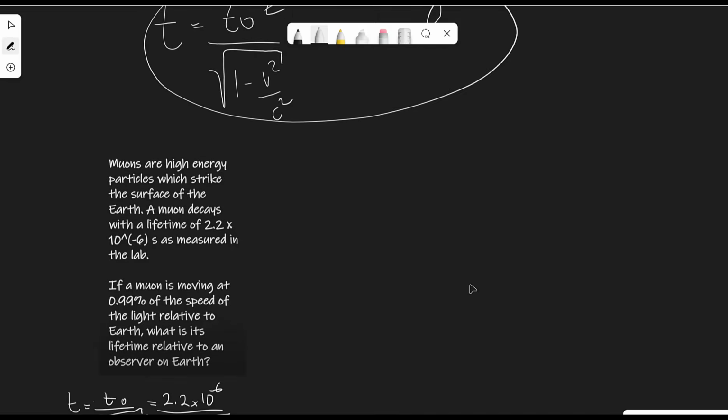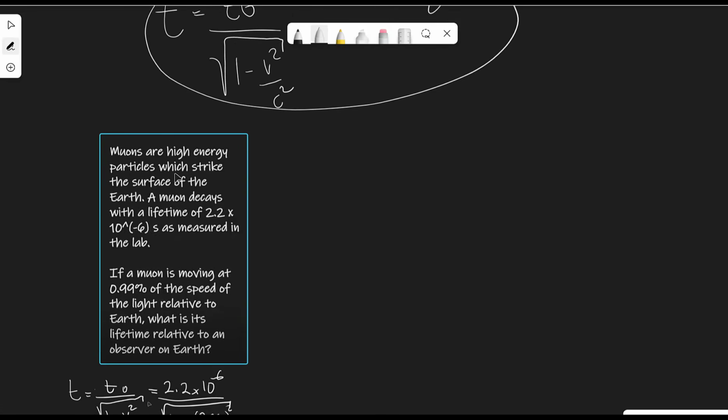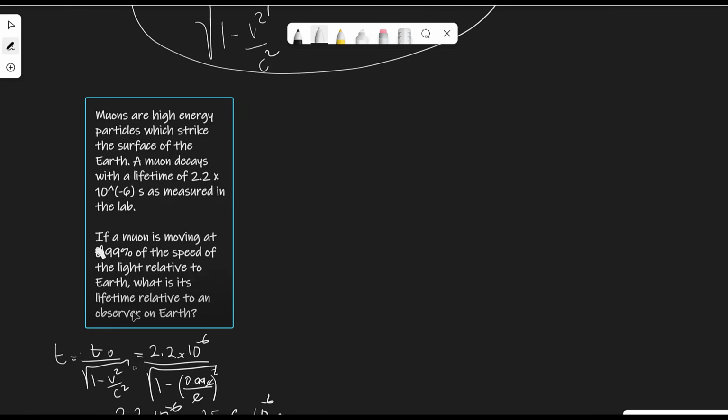Now, another one are muons, which are high energy particles which strike the surface of the Earth. In the stationary lab frame of reference, they decay within a time of 2.2 times 10 to the power of minus 6 seconds. This is the lifetime of a muon in the lab. However, if a muon is moving at, let's just say, 99% of the speed of light relative to the Earth, so it arrives via a cosmic ray, what is the relative lifetime to an observer on